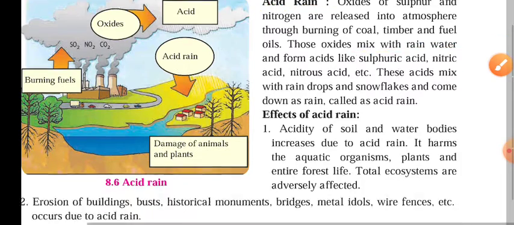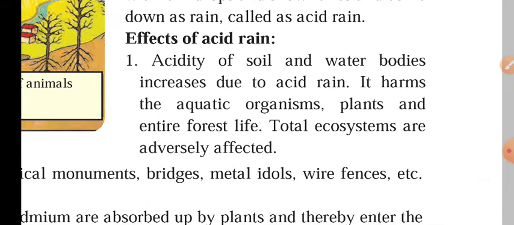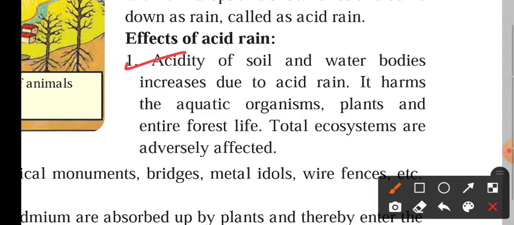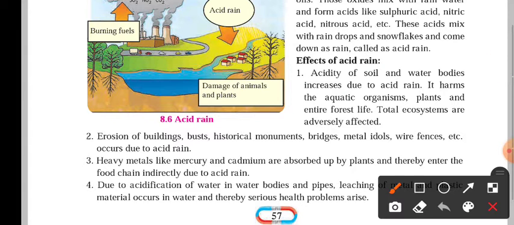As an effect of acid rain, the acidity of soil and water bodies increases. It harms aquatic organisms, plants, and entire forest life. The total ecosystem is adversely affected by acid rain. We can see the effect of acid rain in our country also. If you know, Agra's Taj Mahal is adversely affected by acid rain in that region. Some more effects are erosion of buildings and monuments,